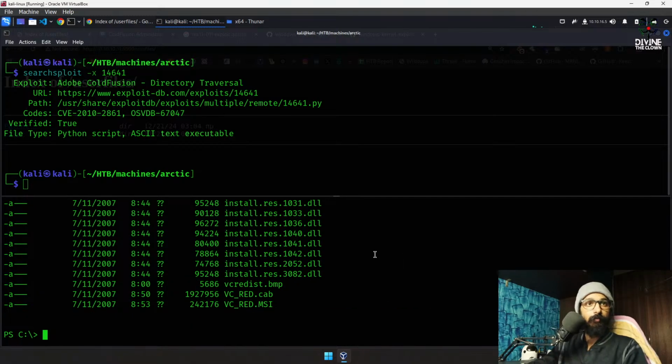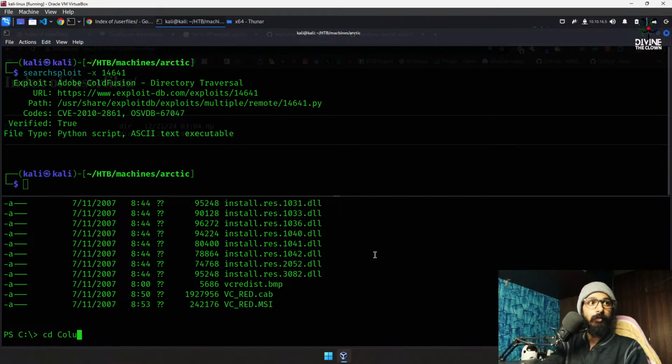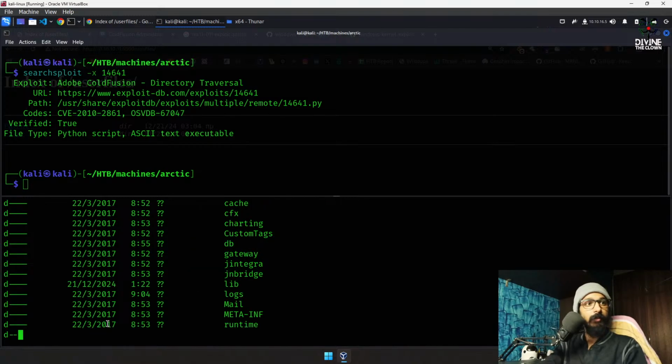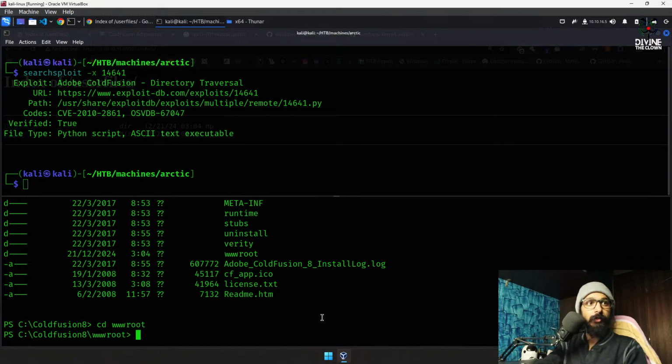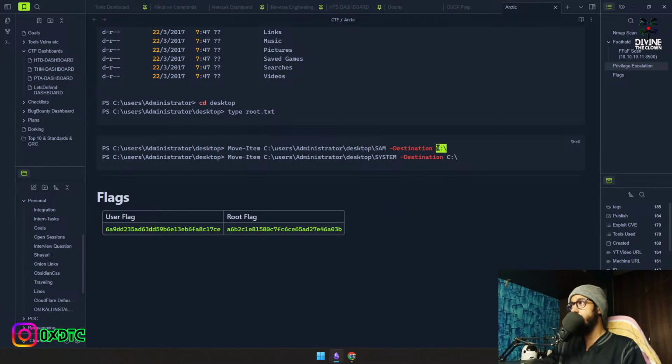there was cd cold fusion, enter, cold fusion 8. Okay, there, and there we have it. This is the path where we want to put the file. So we'll do cd www root there, and this is the root, so we can just provide it this destination, remove this,